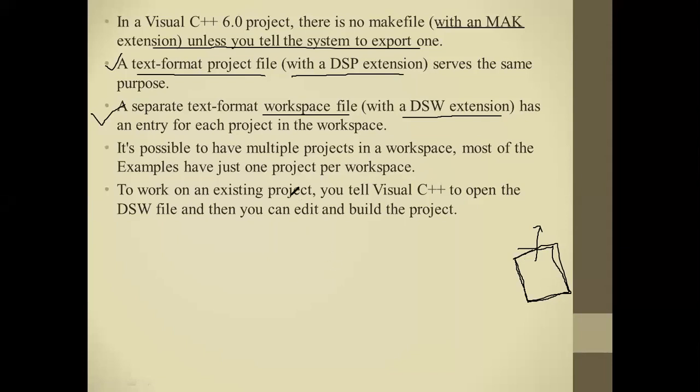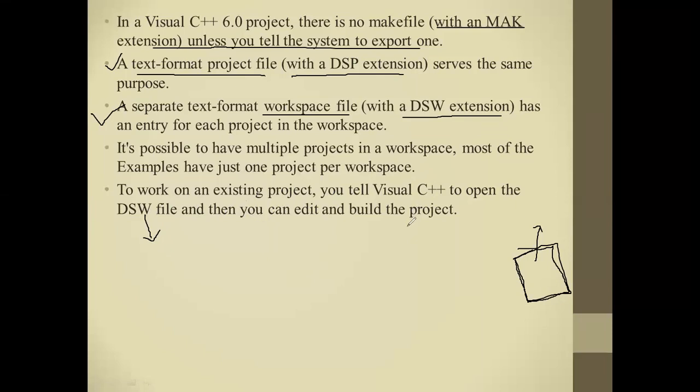To work on an existing project, we will just tell Visual C++ to open the .dsw file, which is the text file extension, and we can edit our text file and build our project. The project is already present in Microsoft Visual C++.